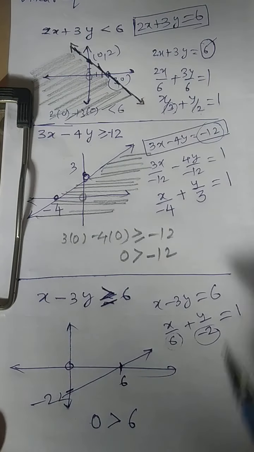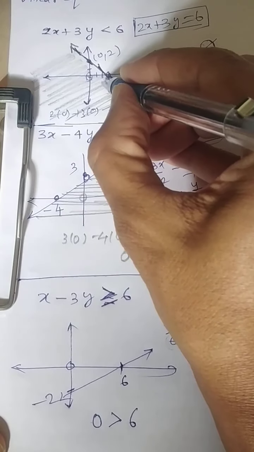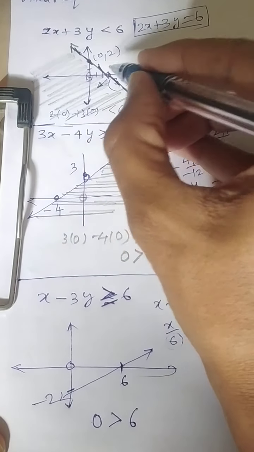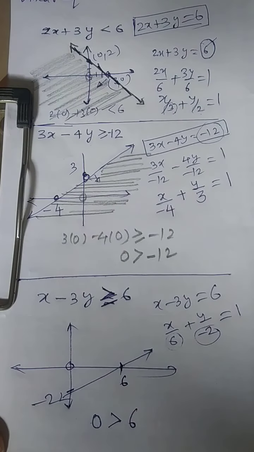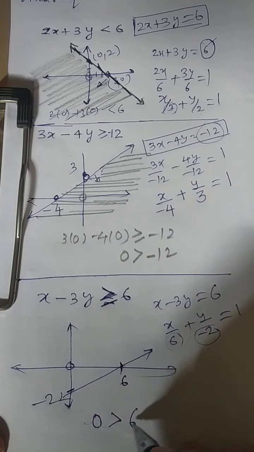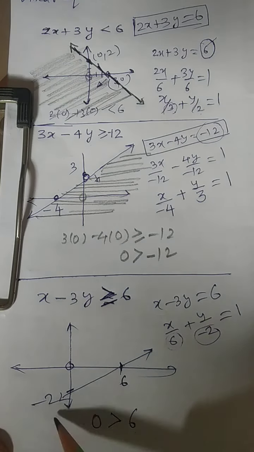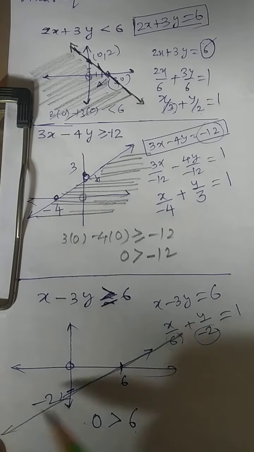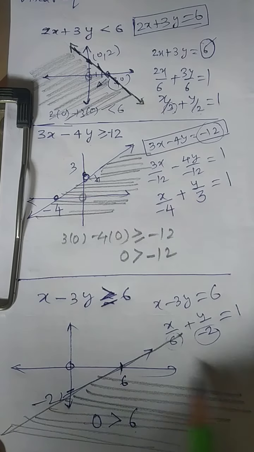No. That means, do you know, in the earlier cases whenever I replaced 0 in the equation, the condition was satisfied, therefore I moved towards 0. Here also the condition was satisfied, therefore I moved. Now, for 0, this condition is not satisfied. So the solution of this type of inequality will be the entire side of the line going away from the selected point.